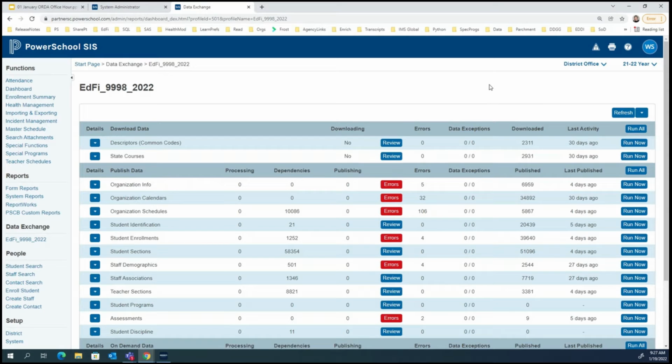And the same thing with the state courses, right? We've got a common set of courses across the state, and we load those into an ODS. And when you click that download button or the Run Now button over there, it downloads them into your PowerSchool instance and does a check before the data is moved to the ODS.